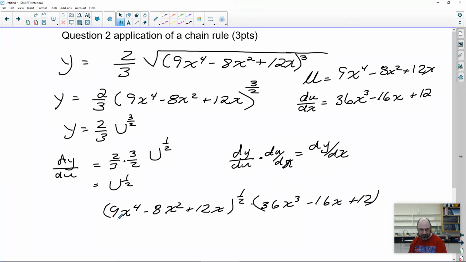You could write this as a root if you want, and I wouldn't bother. This would be square root of all that and then times that. So that's an example of a chain rule. I have one of them on the exam. Then I have a combination rule